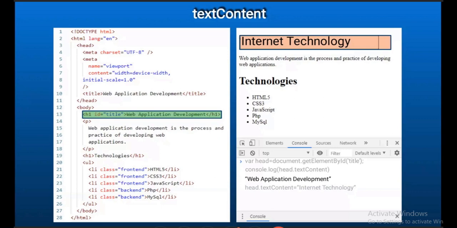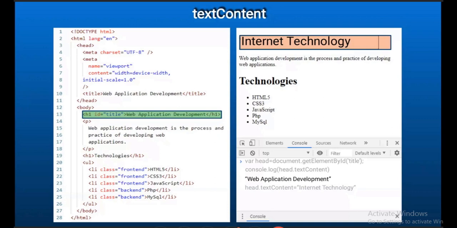So text content. When I give console.log head.textContent, that particular text content itself got displayed in the console. So head has the reference to that first h1 tag.